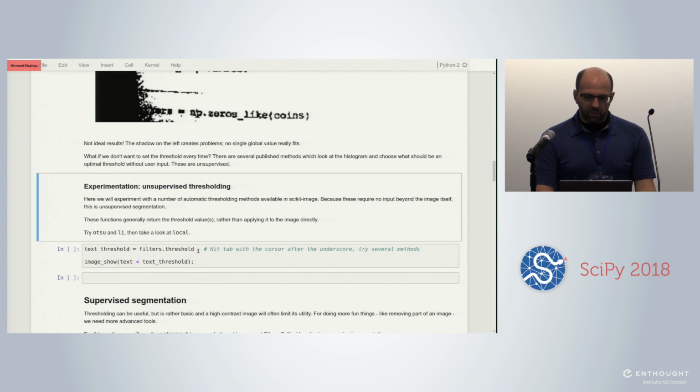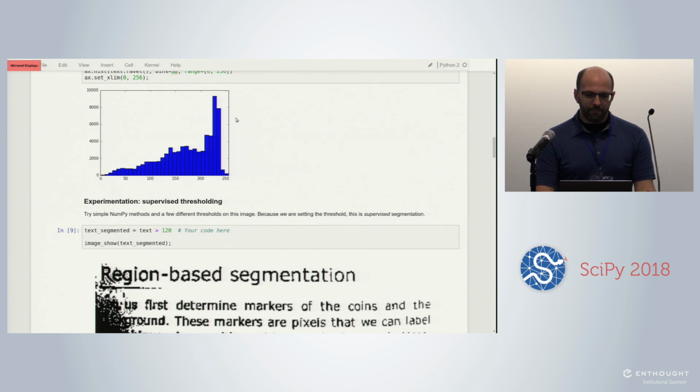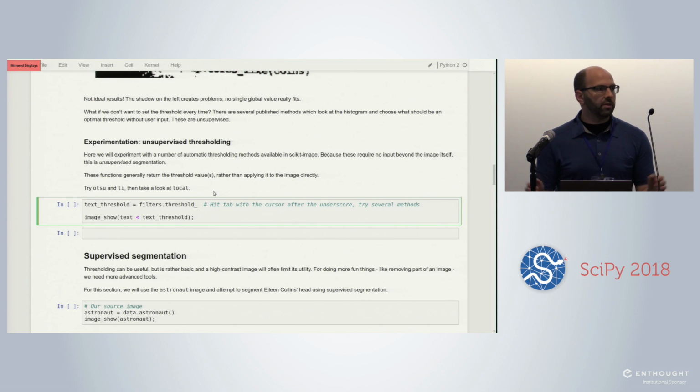There are a number of thresholding methods. Some of them are specifically designed to tell us where would be an ideal threshold within this histogram and within this image without any additional input. So that's an important distinction. We just did supervised segmentation because we looked at the histogram and said, well, I think that's where it would make sense. But we have a few that would be unsupervised. If you had, let's say, a database of text images of books, like the Google project to digitize libraries, they're probably using something that's fully unsupervised on each image so that they can binarize the text away from the background. They may be using something like